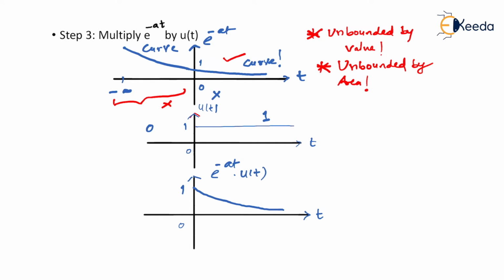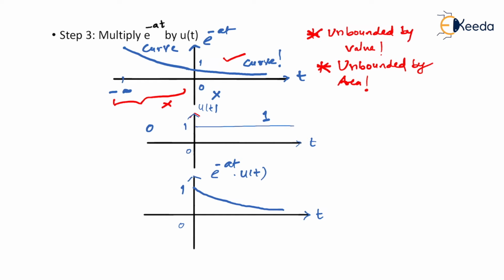It is very simple to remember. Whenever any type of signal is multiplied with u of t, the signal becomes a right-handed signal, because it is present only at right-hand side and left-hand side is absolutely 0. Such types of curves are called right-handed curves. What is meant by a left-sided curve then? Left-sided curves are those where only the left-hand side characteristic is present, and at right-hand side the signal has absolutely 0 value. So the resultant curve is e to the power minus at times u of t.